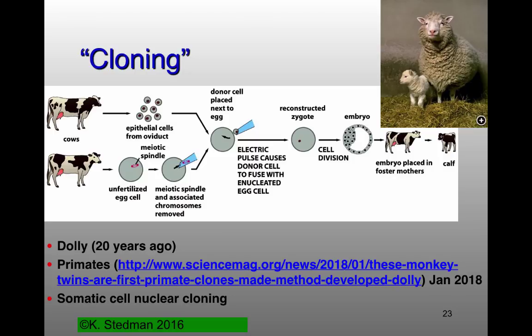And the classic example here, and classic being 20 years ago, which is kind of amazing because I remember it quite clearly, when the sheep were originally cloned. And the basic message here is, again, we just take a nucleus from one cell, put it into another cell, and magic happens. And in very few cases, this is very low efficiency, you'll actually end up with an organism that had the genetic information of that nuclear donor.